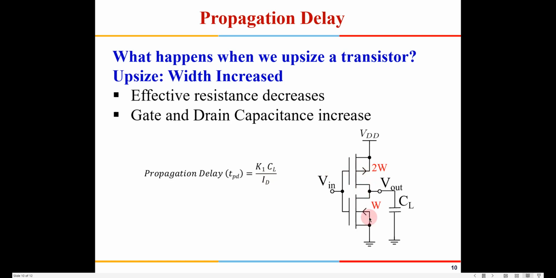There is no generalized rule, so you have to see the effect of increasing these widths, whether you will be able to achieve a decreased propagation delay or not. That depends on the load capacitance as well. If there is no load capacitance at all, then you may not gain anything. But in most cases there will be certain load capacitance, and by increasing the size of the MOSFETs to some extent, you will be able to decrease the propagation delay.